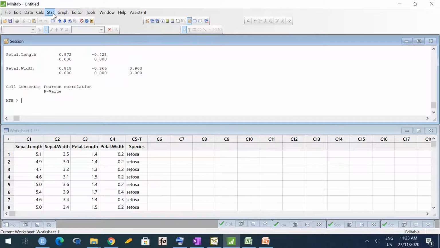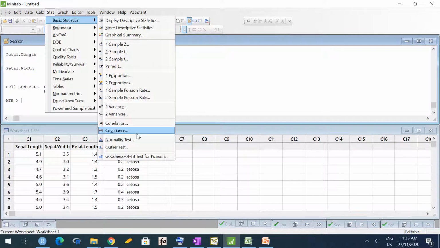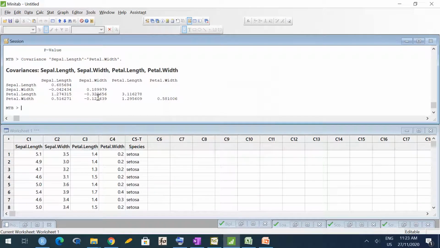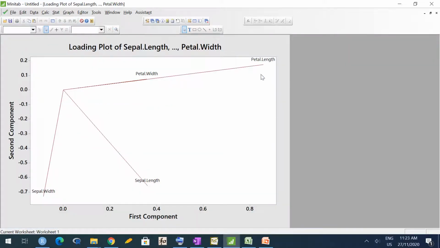And we will also compute variance covariance matrix. So covariance matrix. Okay, you can see here variance of petal length is 3.11, whereas variance of all the others is small. Okay, hence petal length has highest, longest arrow here.